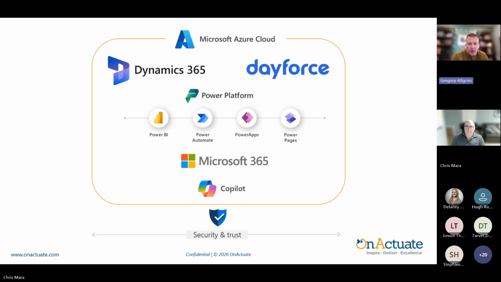So what we really see is Microsoft working together to bring to market these tightly interconnected, cross-pollinating applications to do a lot for the organizations that choose to invest in them. And all those things, of course, come with the Azure cloud, all the security and high availability and trust that come with it, and then the AI Copilot piece. So this is it in a nutshell.